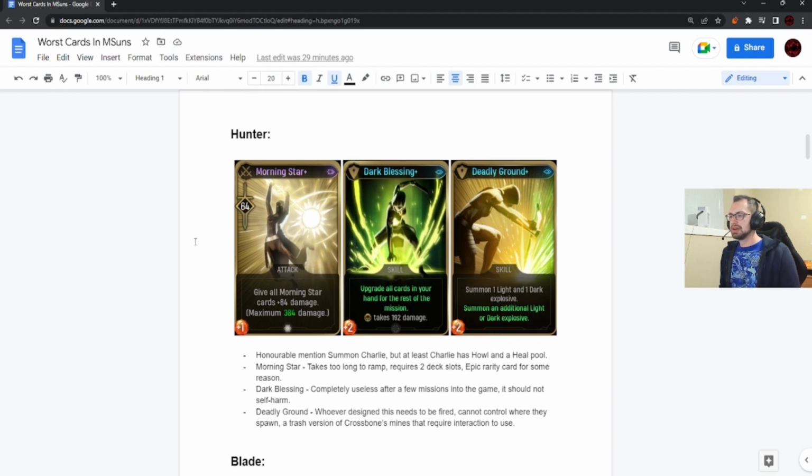So first up, Hunter. These are the three cards: Morningstar, Dark Blessing, Deadly Ground. I'll talk about each in brief detail, and our honorable mention is Summon Charlie. So first up, Morningstar. Frankly, Morningstar just takes too long to really get going, and the fact that, I believe the math is, it takes 6 uses to get to the max damage is just absurd to me. It kind of requires you to run 2 copies, or it also requires